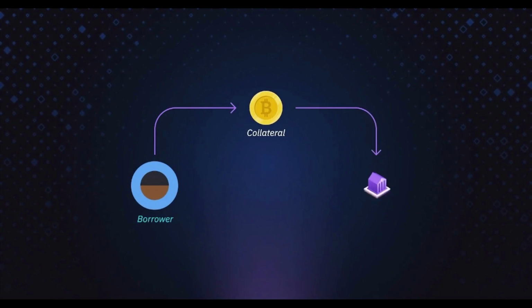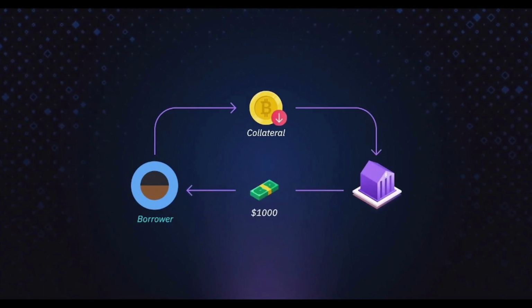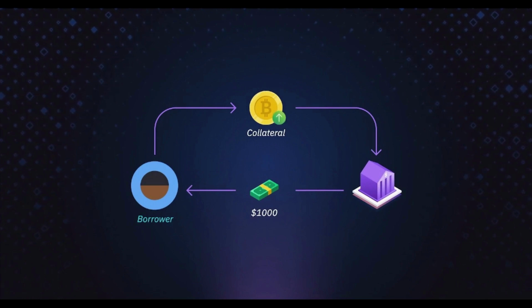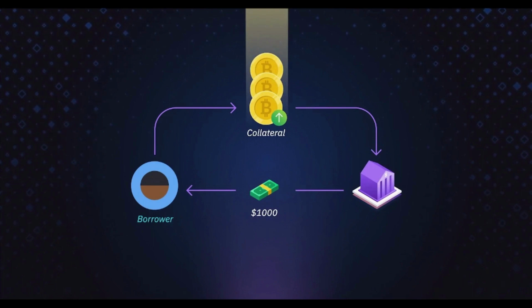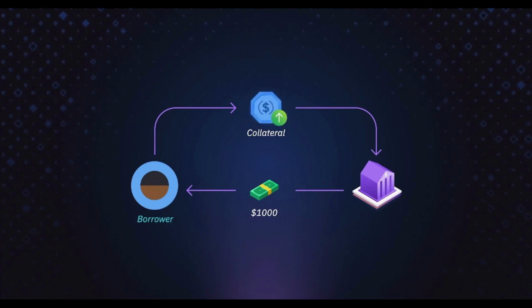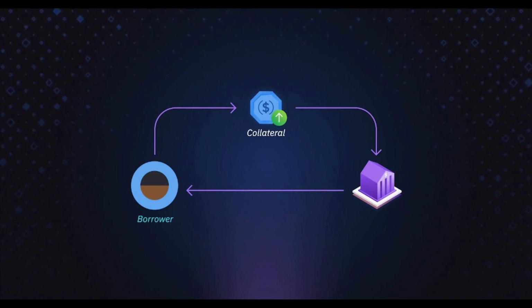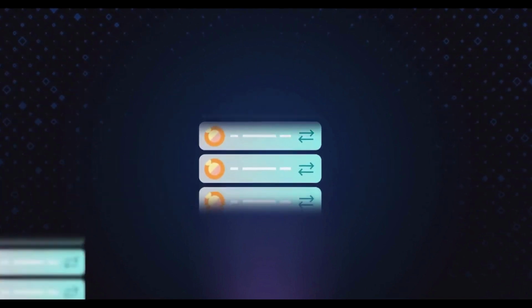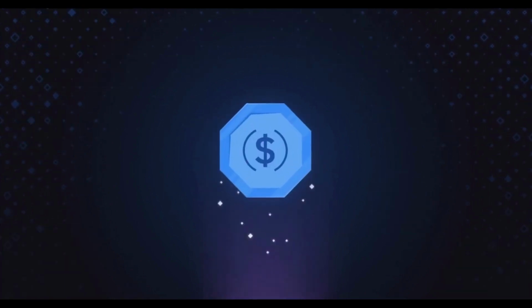Well, you know that crypto prices are very volatile. Suppose you put up some Bitcoin as collateral to borrow $1,000. If Bitcoin price goes down a lot, your lender may become nervous and ask you to put up more Bitcoin as collateral, or sell your Bitcoin so that the lender can get the money back. If you can use cryptos with relatively stable prices as collateral, then this problem can be alleviated. The need for cryptos with price stability exists in most crypto transactions. That's why stablecoins are a vital component of the DeFi ecosystem.